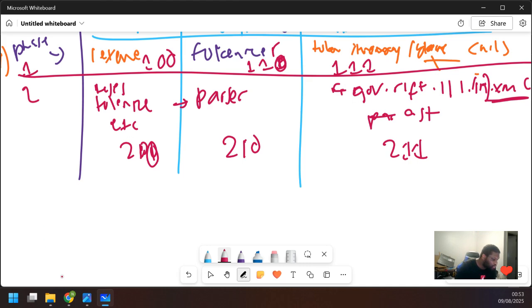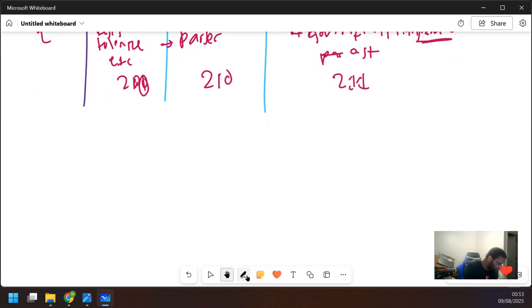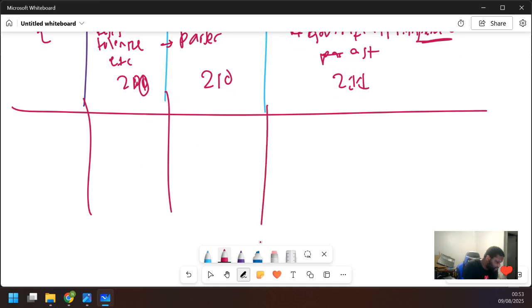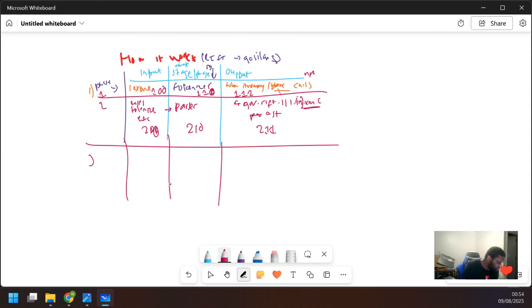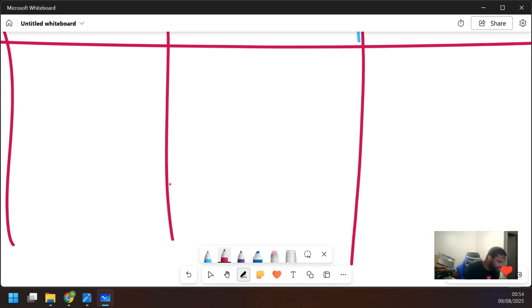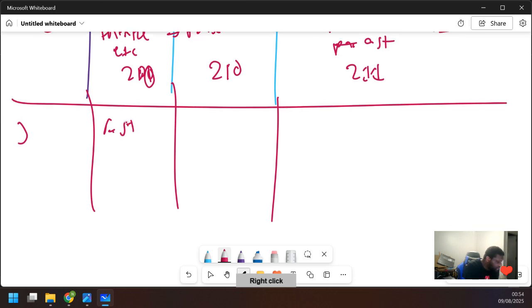Now I'm going to go to Rift 3. Rift 3 works like this. This one becomes AST. You see this Rift 3? It comes from 211. 211 becomes, so you now take the AST. This AST layer does